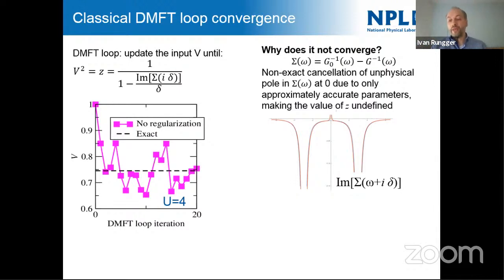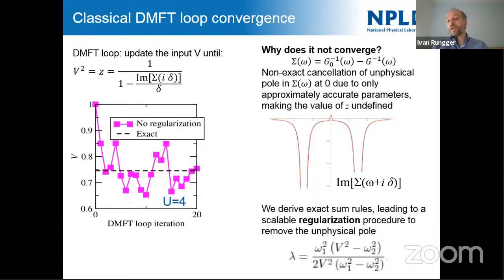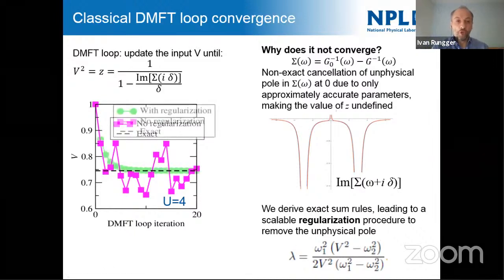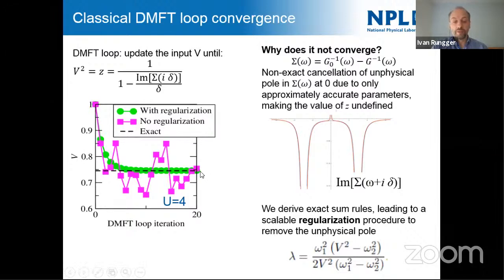That's really a problem. But luckily, one can come up with some sum rules here, which we derived and adapted to this specific system, that essentially give you one more equation. It can be done in a scalable way and in this case basically tells you what lambda has to be as a function of omega-1, omega-2. So really you don't have three independent parameters, but once you have these two, the sum rule tells you what lambda has to be. So if we add this sum rule, this is still simulations, we converge very nicely to the exact result.